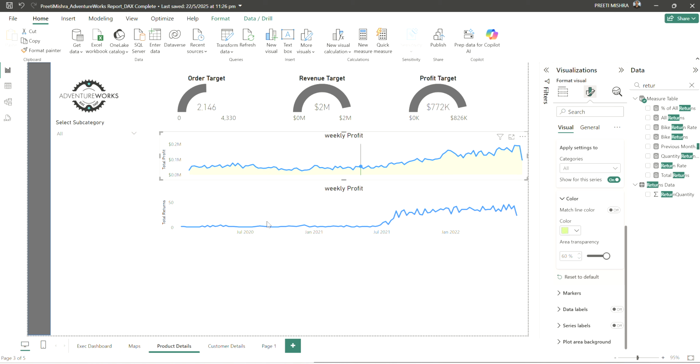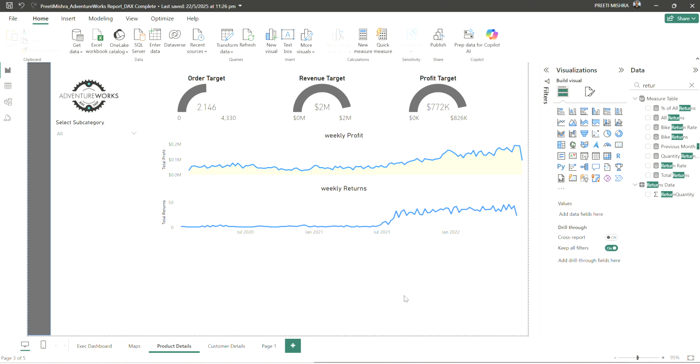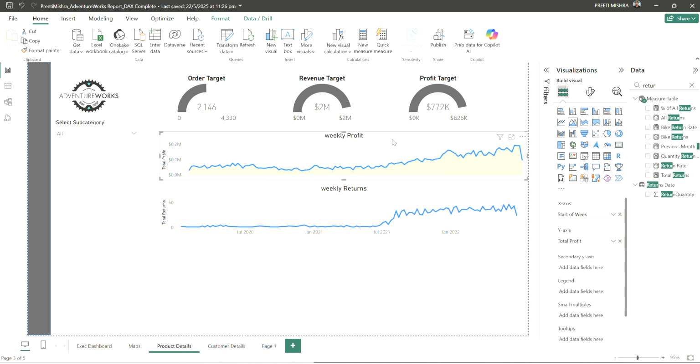So here in our past video, we have plotted these two area charts, the weekly profit and weekly returns. I forgot to change the heading of it. Now what if, instead of a weekly one, I want the flexibility to look at it from a monthly, quarterly or yearly perspective? That feature in Power BI is known as the drill up and drill down feature. Let us have a look at how we can do that.